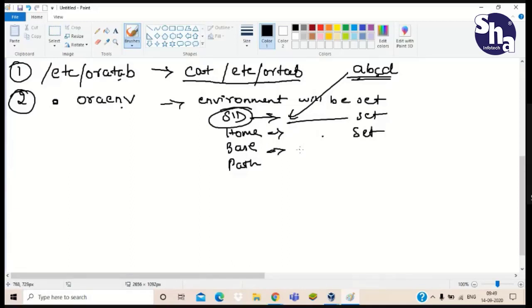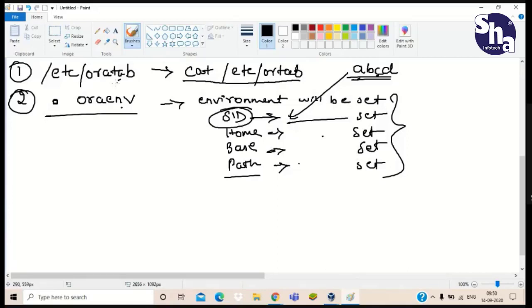Then base, where all the Oracle versions and software are present. Then path, u01 app oracle product 11.2.0 db home, and it sees that all the packages are present here. So all of these are set by this one command, dot oraenv.